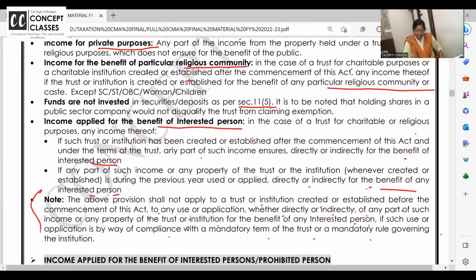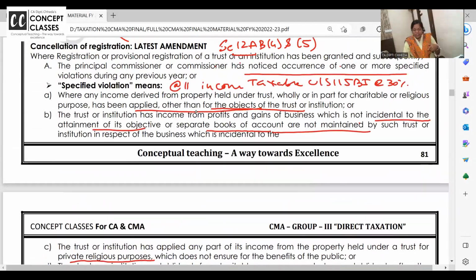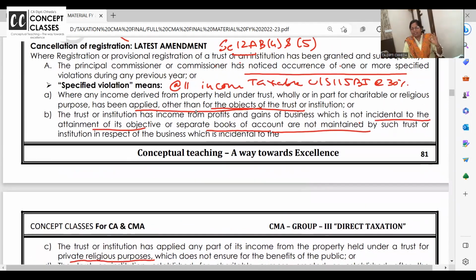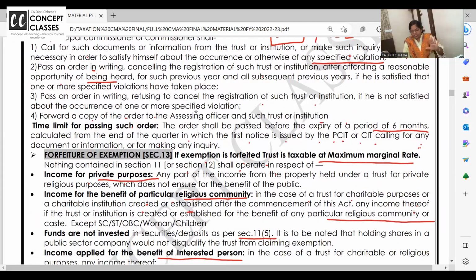Okay, I'll explain this meaning. Suppose Leelavati Hospital is a trust running by Reliance Trust Memorial, and Dhirubhai Ambani's family members are taking treatment and they are paying at par, no problem. It's not that they should not take the benefit, they should not take undue benefit. So, in these cases, trust registration is cancelled and income of the trust is taxable under section 115BBI at 30%. Here, trust registration is valid.